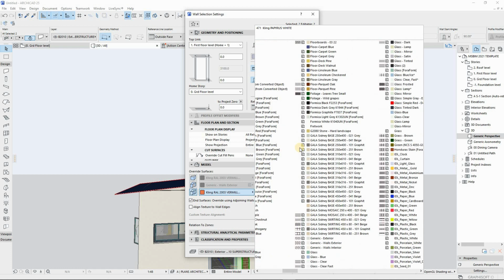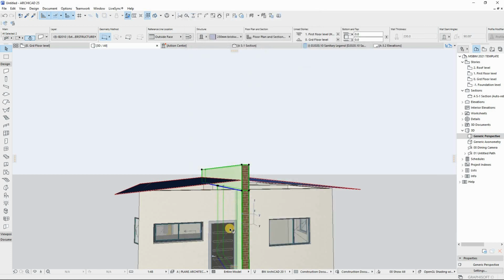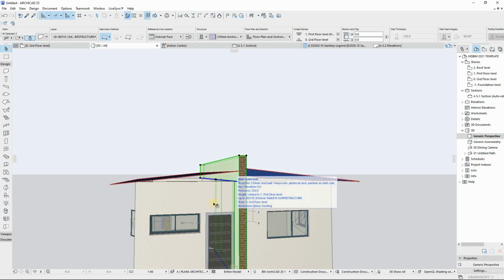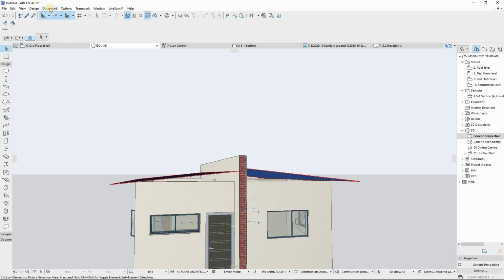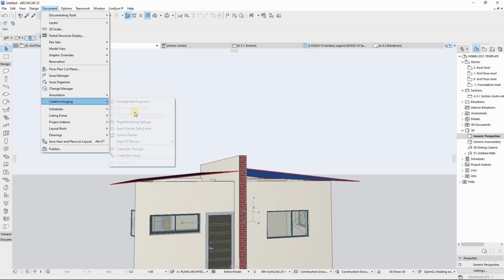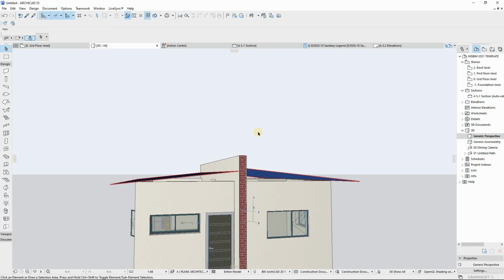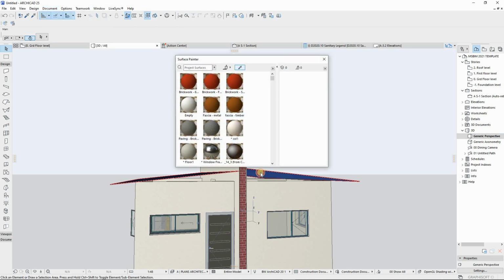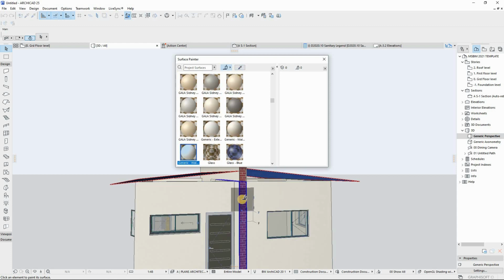I can use, under document and then creative imaging, the surface painter. Then I'll pick the parameters of this surface, then place